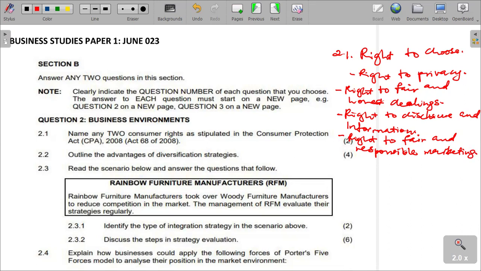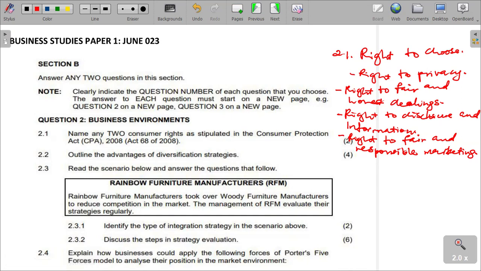We can talk about the right to fair value, which is to say the value of the goods must be equitable to the value of the money. And also right to quality and safety. Consumers or customers have the right to quality and safety. When they are in a business environment or organizations, they need to be kept safe. They cannot be injured, or robbed, or anything else. They need safety, they need protection in any case.